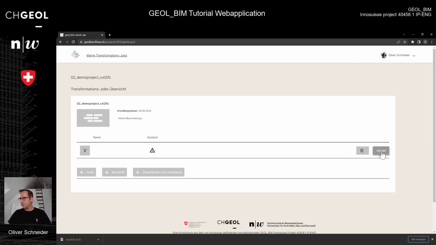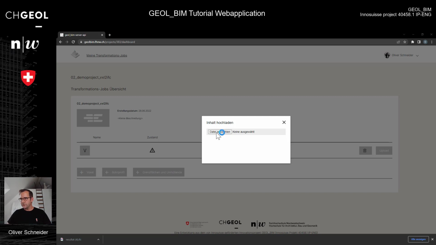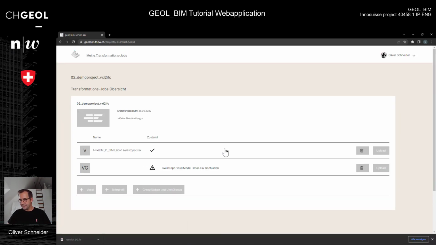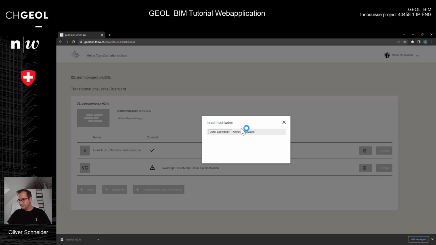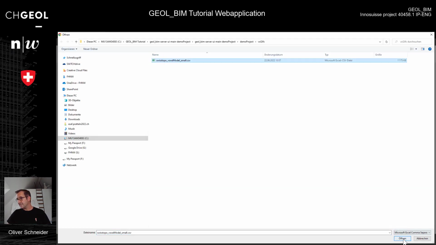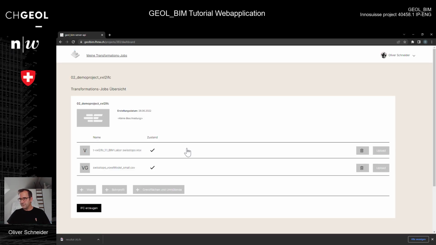Here I can upload the data, and what you can see here, when I choose the voxel, is a slight difference: beside the Excel, I also need to upload the voxel geometries, and in that case the voxel geometry is added in the CSV file. So I upload the relevant CSV file, and before I transfer the data, I give you a quick look